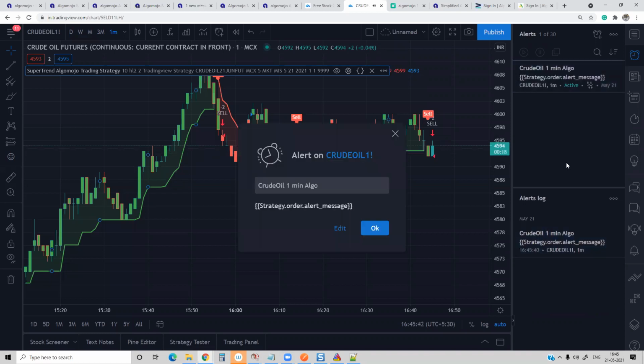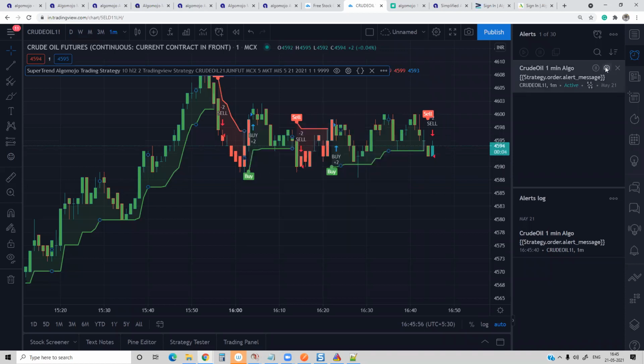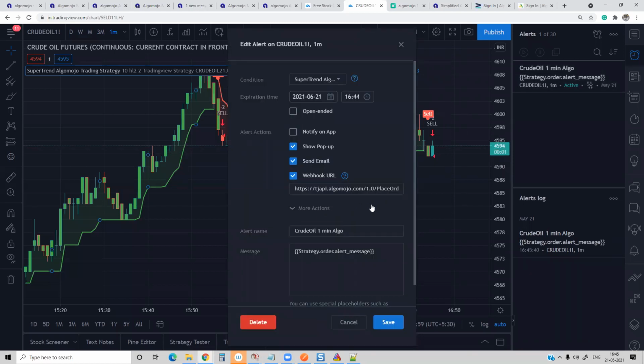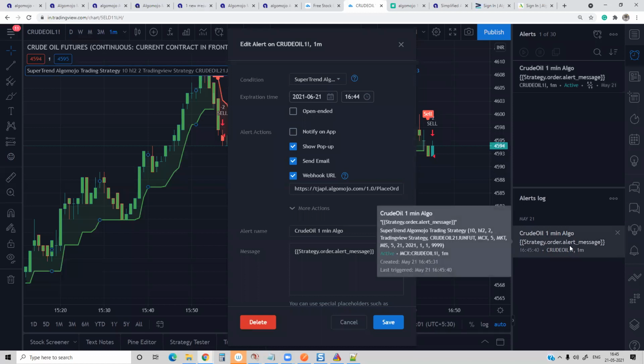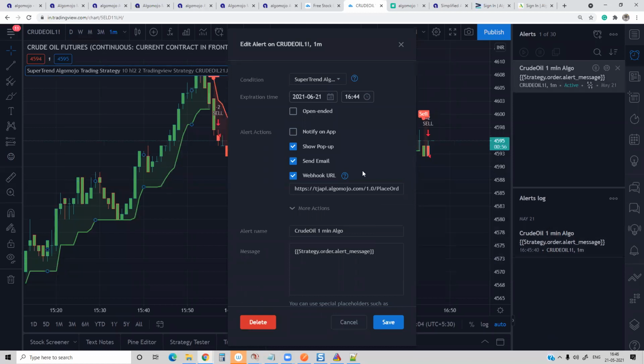So that way, one can see that the alert got triggered at the close of the candle, and the order would have gone through that section. But however, in this case, I think something I had missed. What I missed here is that I mentioned strategy with a capital S. It is supposed to be everything in small letters. Make sure that you are following the protocol. All the values should be in small letters. Then only the message will be communicated.